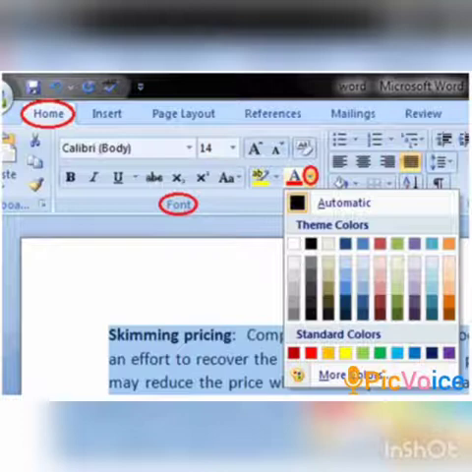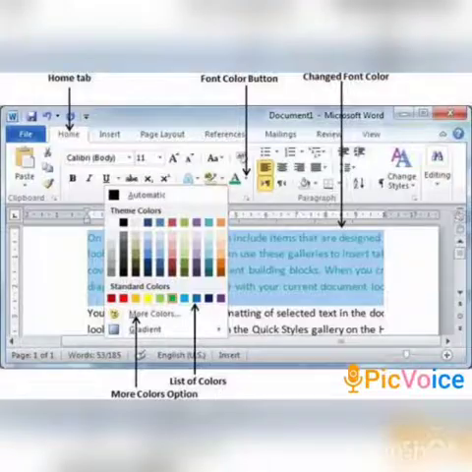In the font group, choose the arrow next to font color and then select a color. Circle the word. See, children, Home, font, then color tab. See the picture, all of you.